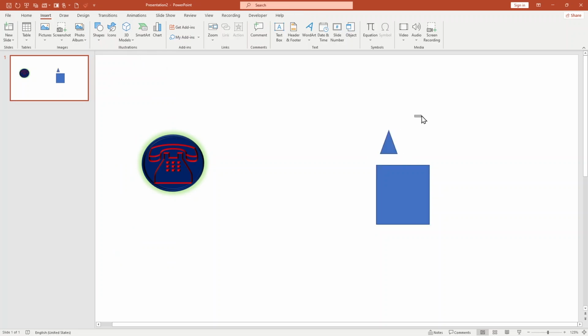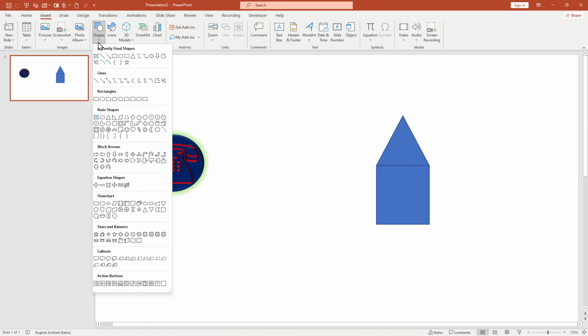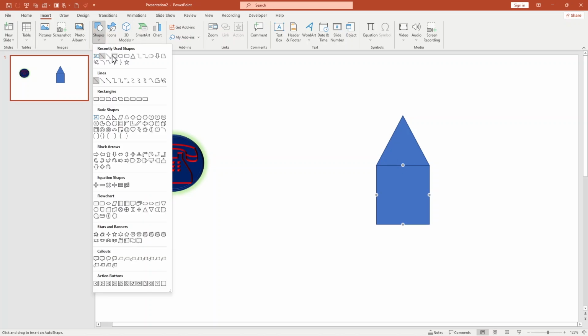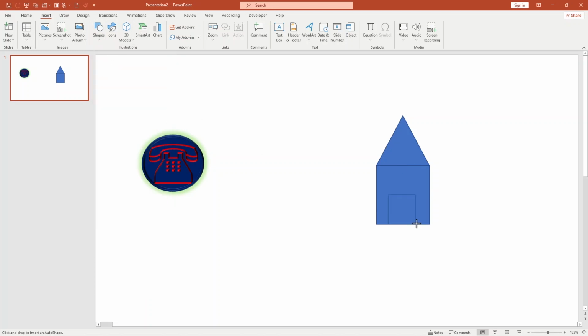Let's see, I'm going to make an icon, just resize it, take it over here, this kind of house. Then go to shapes again and line, or I can use a different one,